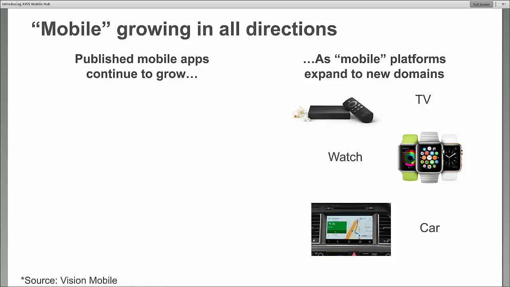We all know that now we have TV devices where mobile apps can run on them, whether that's the new application-enabled Apple TV coming out or the Fire TV and many other devices, and of course the various watches that run mobile apps. And now many of our cars are running apps as well, and the connected cars that will become more and more ubiquitous. All of these different profiles give us an opportunity to run mobile apps and develop for, and the number of projects that we will be working on is increasing exponentially.